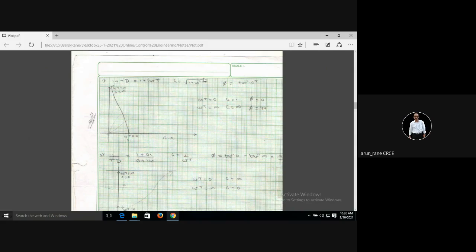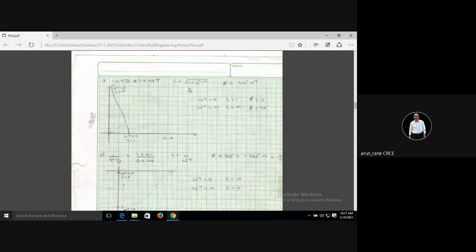Correct? So what is my real part? 1. And what is my imaginary part? Omega t. Correct? So the magnitude would be G is equal to the square root of 1 squared, which is 1, plus omega t squared, that is omega squared t squared. Is this clear? Now coming to the angle, that is the phase angle. So how do you represent tan of phi? Tan of phi will be the imaginary part divided by the real part. So tan of phi will be omega t divided by 1. Is it clear?